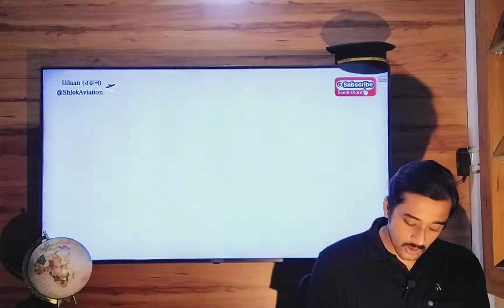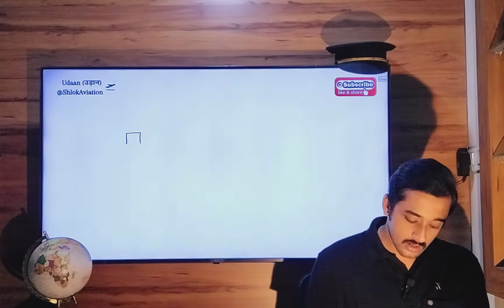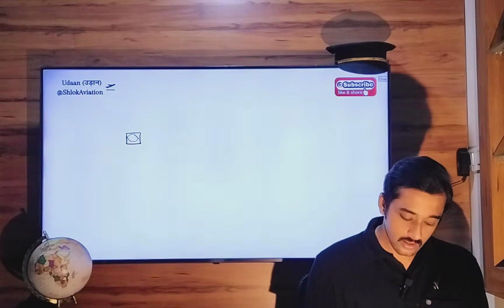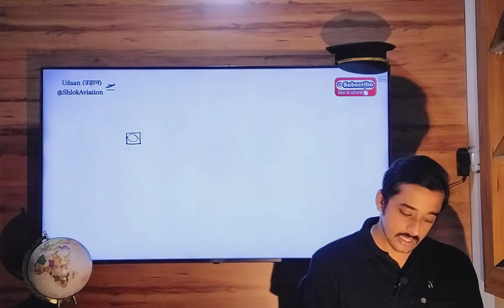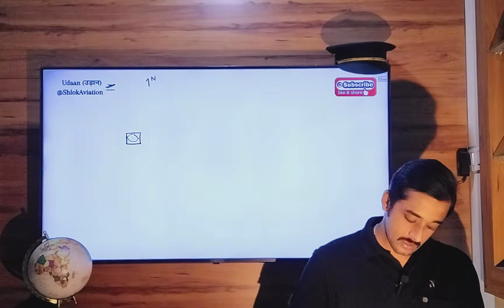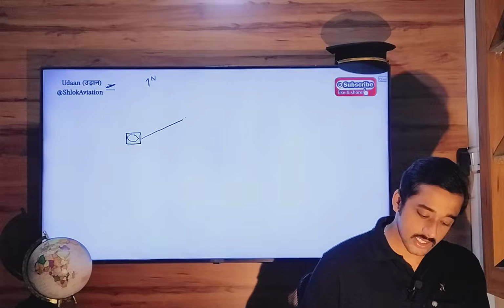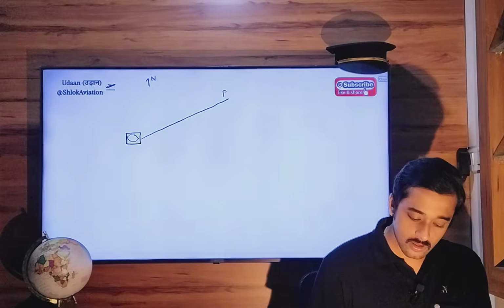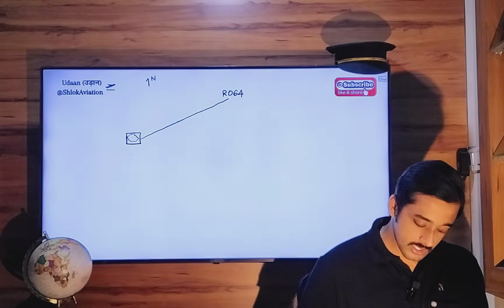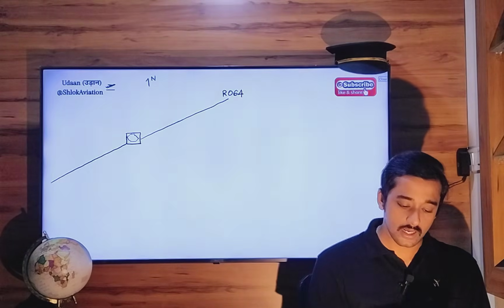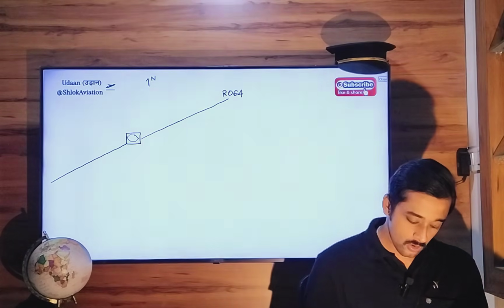So here is your VOR DME station. This is your north datum and radial 064. Let's say this is your radial 064. So the reciprocal of that radial becomes 064 plus 180, 244. Now you are flying